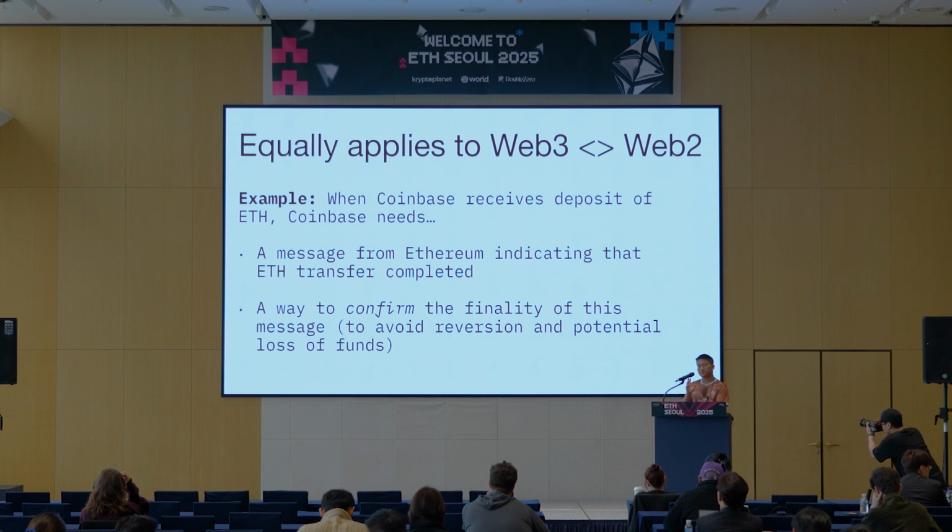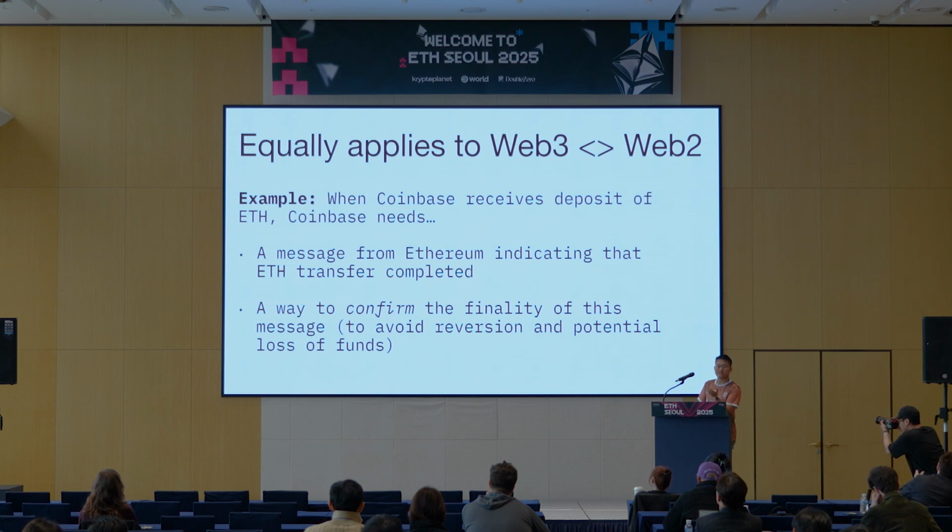This is not just about between multiple chains, right? This is also about Web 2. So imagine if you're depositing money into Coinbase or Upbit. That exchange, before they credit you, they need to be sure that your transaction is final. Right now, for some chains, many rollups, it takes 30 minutes or even more, like hours, to deposit your assets. Maybe some exchanges will let you trade with those assets, but they definitely won't let you withdraw that amount of value.